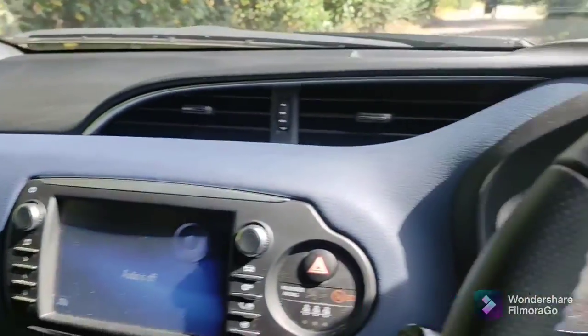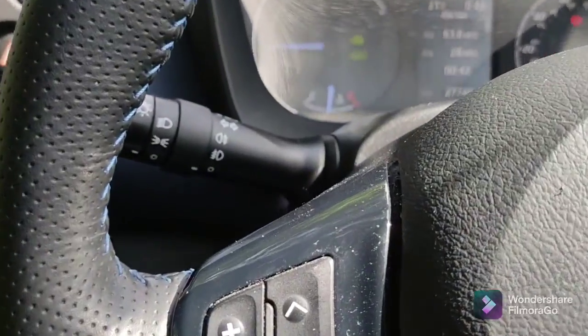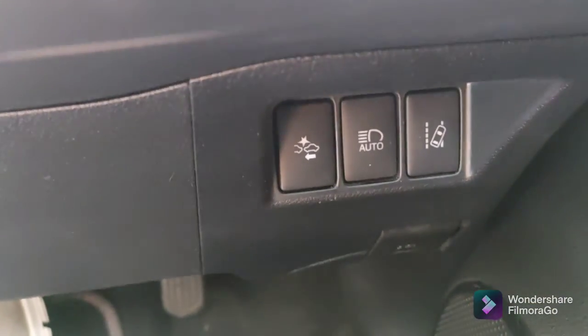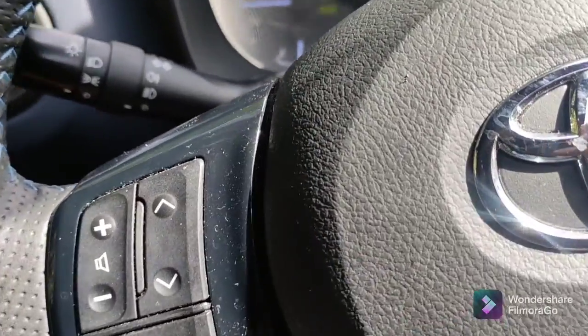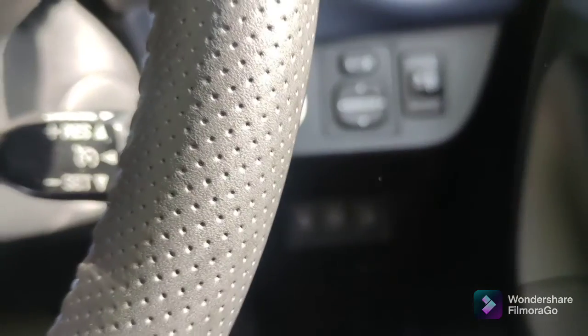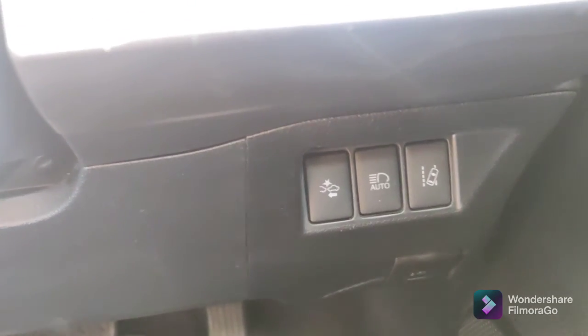It's pretty well put together, good design, nothing amazing, but fully featured. In this edition, on all these Yarises from 2017, you get anti-collision and lane departure warning as standard. These are expensive options on other models, other manufacturers like Vauxhall for example. Why can't everyone do what Toyota have done and offer this as standard on their Super Mini? You expect this on the bigger models, but they have it on the Super Mini, so good on you